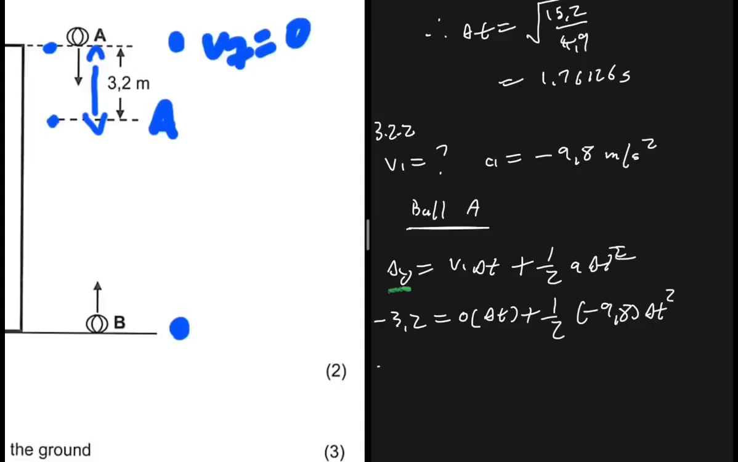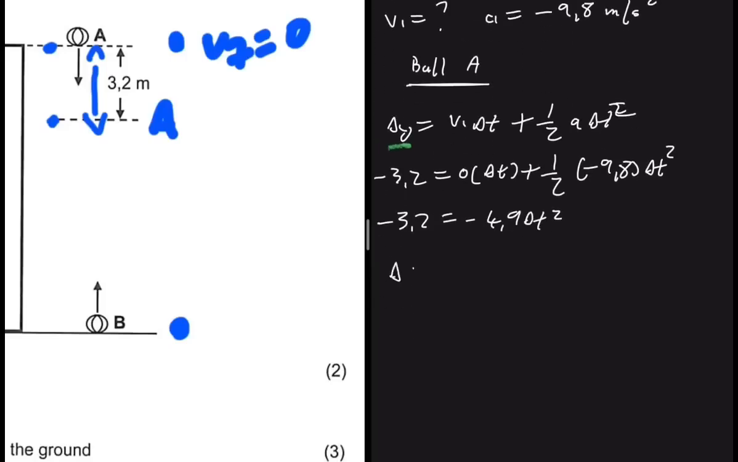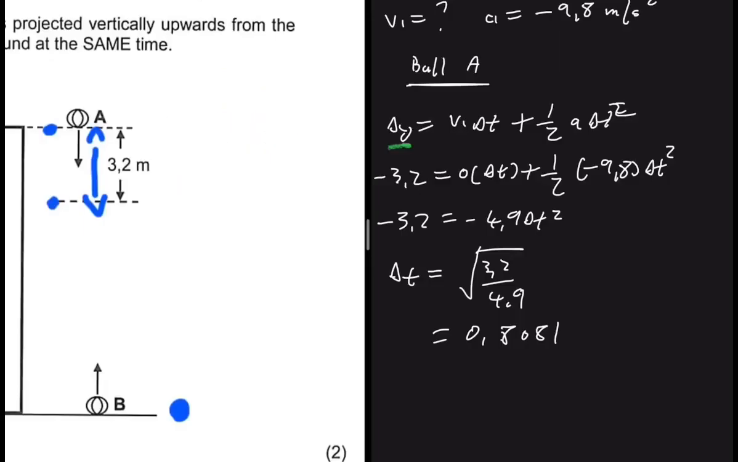Right, so we're going to have minus 3.2 equals minus 4.9 delta t squared. If we make delta t the subject of the formula, we're going to get 3.2 divided by 4.9. The minus and minus are going to cancel out, right? And our time will be 0.8081. So the time for this part of the motion, from this point to this point, is